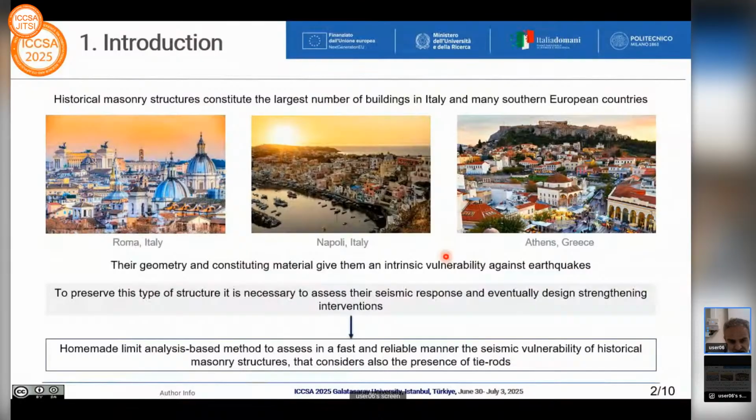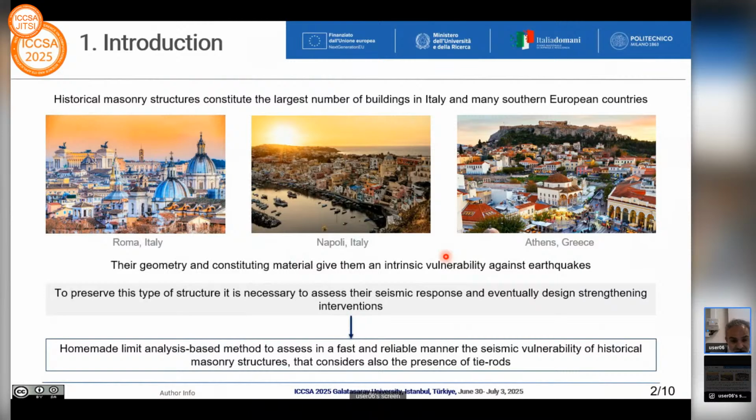The hypotheses, as you probably already know, are very simple, and the solution can be found very quickly. One of the main problems is the fact that, for instance, the Italian code uses limit analysis in the identification of the so-called triggering of partial failure mechanisms. So for the evaluation of the vulnerability of existing buildings, and historical buildings, of course, are an example of existing buildings. But the main drawback is the fact that the Italian code suggests the user to